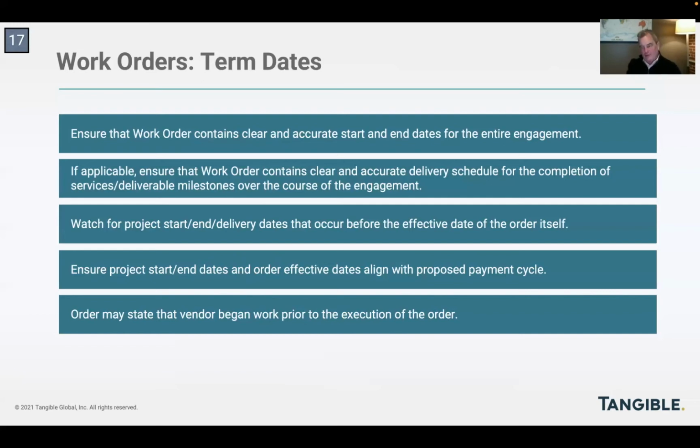So the start date is important, but a companion piece to that is making sure you understand the phases in which the vendor will operate. You also need to know and set forth clearly, what is the end date? And that sounds simple, but often, particularly in managed service orders, you have to ask yourself the question of, are they trying to end the term at some anniversary of one of the phases? For example, the beginning of the stabilization phase or the end of the steady state phase. So you really have to work with the client to get those right.